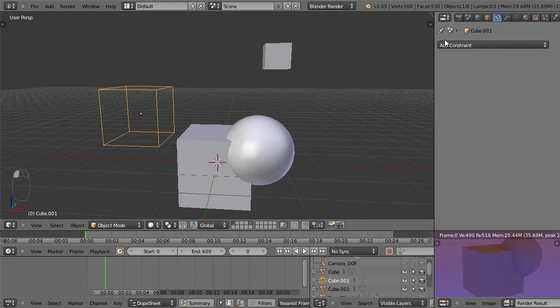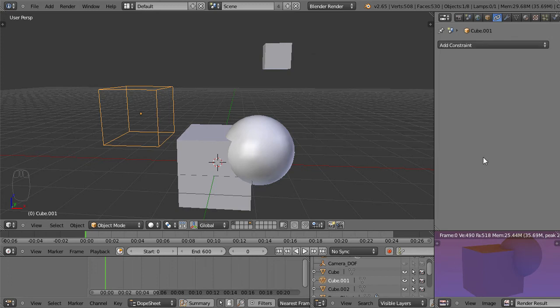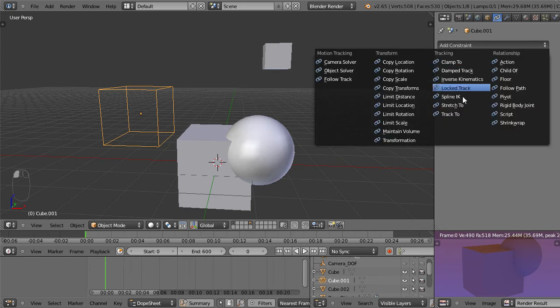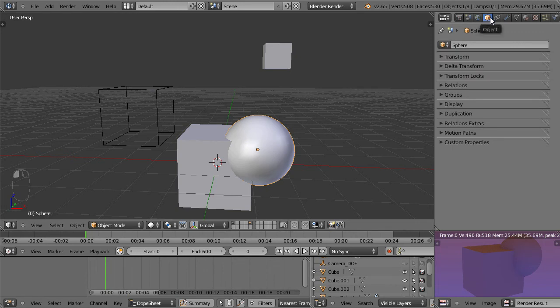And next we have the constraints, and there's a ton of different options and things you can do here. Mostly the constraints are used a lot with cameras and tracking a camera. Like say you have a character running around in a field and you want the camera to automatically track them. Constraints do that, and they're also very much used for character rigging and creating character motion, like walking cycles with inverse kinematics. You can basically think of a constraint as doing the same thing, sometimes much more complex,